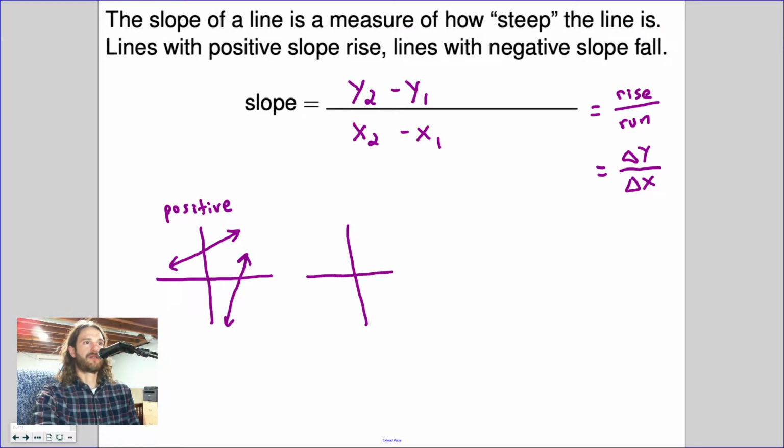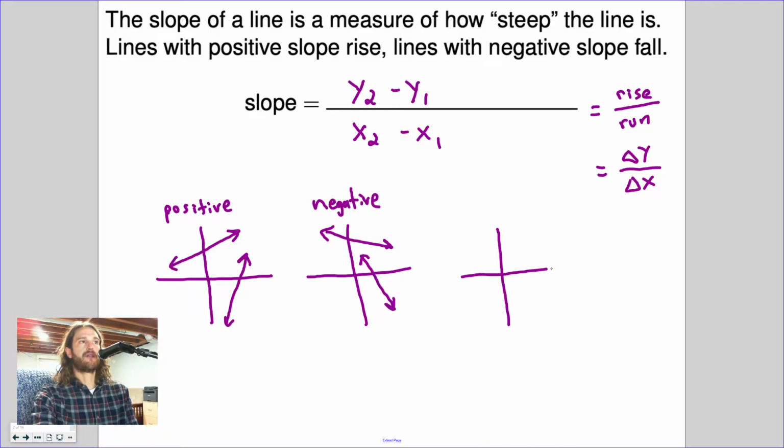Another scenario you can find yourself in is obviously negative slope. Any 2 points are either positive or negative. We say the slope is negative, which means as you go from left to right, it's going downhill, like so, kind of like that timeshare opportunity. And then there's also a couple other cases. You could either have it going up positive, you can have it sloping negative, and it can be really shallow.